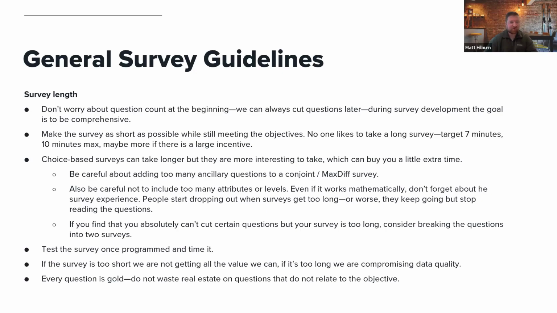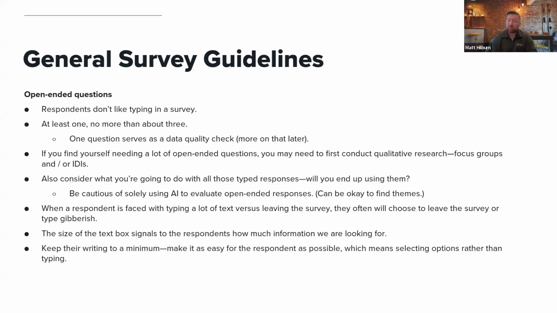Okay, so once the survey is programmed, you're going to want to time it. If it's too long, think about cutting some questions. If it's too short, you're also not going to be getting enough value out of it. If you time a survey and it takes 4 or 5 minutes, you don't want to waste the time, energy, and money to send out that survey. Now, you don't want to throw in any unnecessary questions, so if it's short, then it's short. But just keep in mind that if there's extra room, you might want to put some extra questions in there.